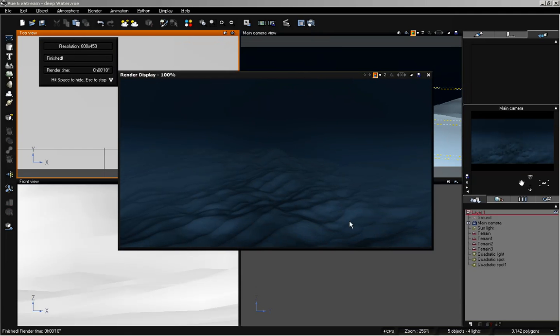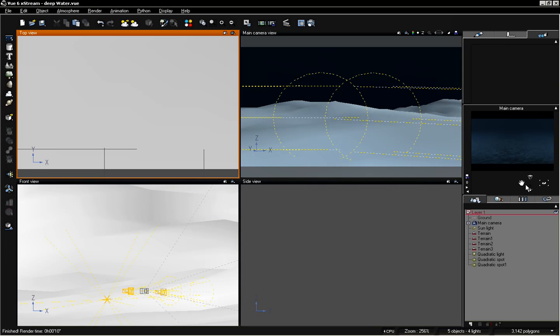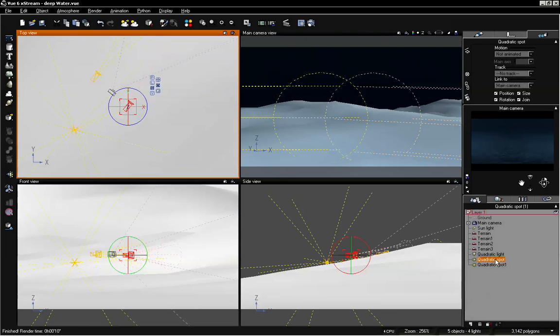And now what we might want to do is just increase that volumetric setting on our spotlights. And also what we need to do is either increase the scale of our terrains and the overall size of the scene, or increase a couple of other settings so that we can't see these back terrains that we have, because of course we wouldn't be able to see that much of the underwater. So we'll start out by selecting our first spotlight. We're going to modify that, and then we can copy the settings over